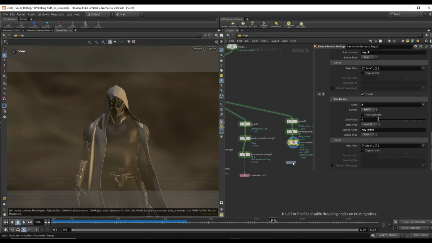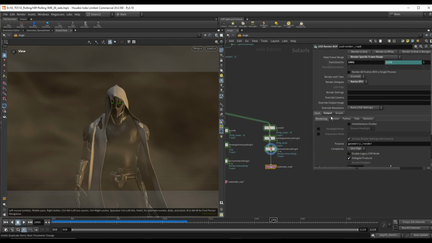So with this being said, we can duplicate this USD render up, and we can also render this to disk. And like I mentioned, if you don't want to set all of these renders up yourself, but you want to follow along with the compositing part, I've included all of the render files. You just have to download them following the link in the links file. And this was it for the Houdini part, so now let's